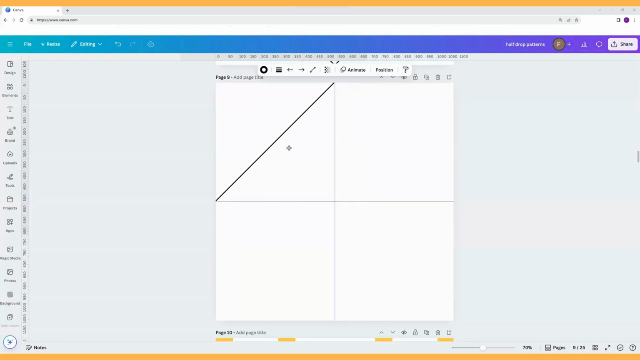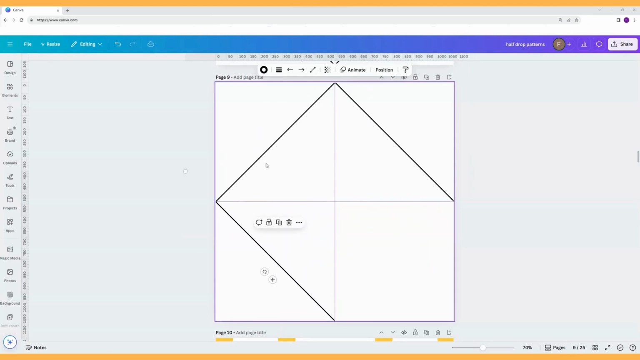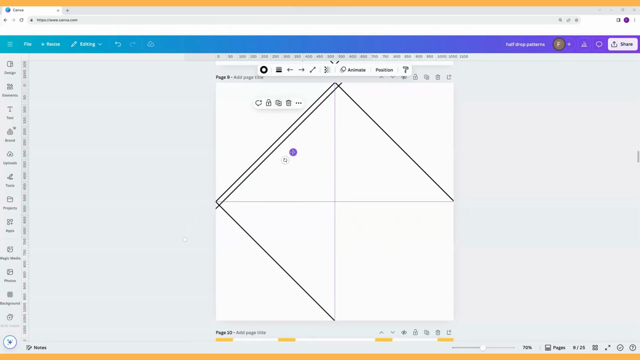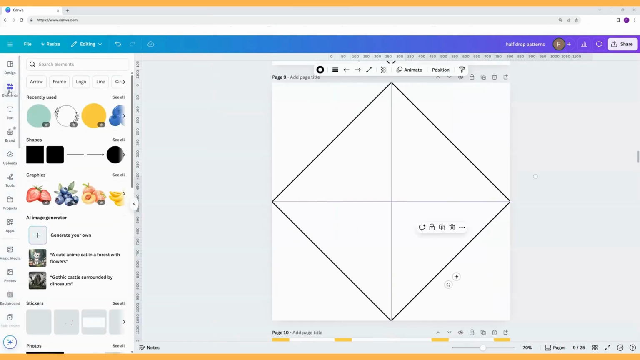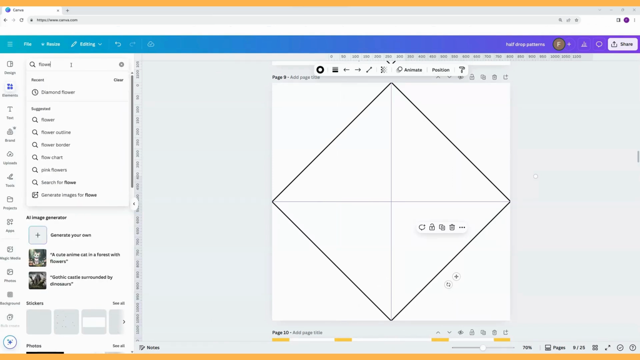And then we'll use our 45-degree line and get it to touch those 2 points where the line meets the edge. We'll duplicate the line, spin it around the other way 45 degrees, line it up, duplicate, we'll bring that one down to here, we'll duplicate this one and bring it down to here. So there's our diamond shape, and then we'll go to elements, and I selected fruit, but let's look for flowers,